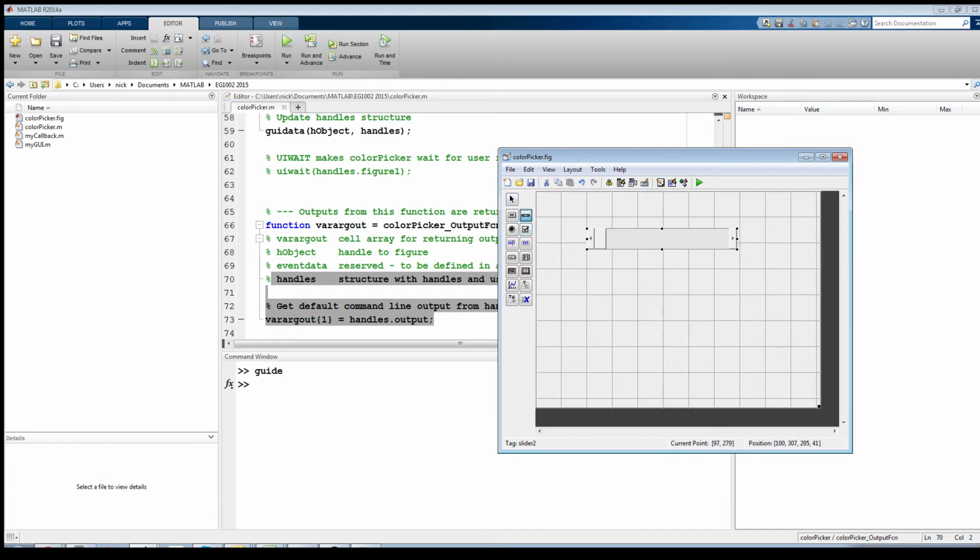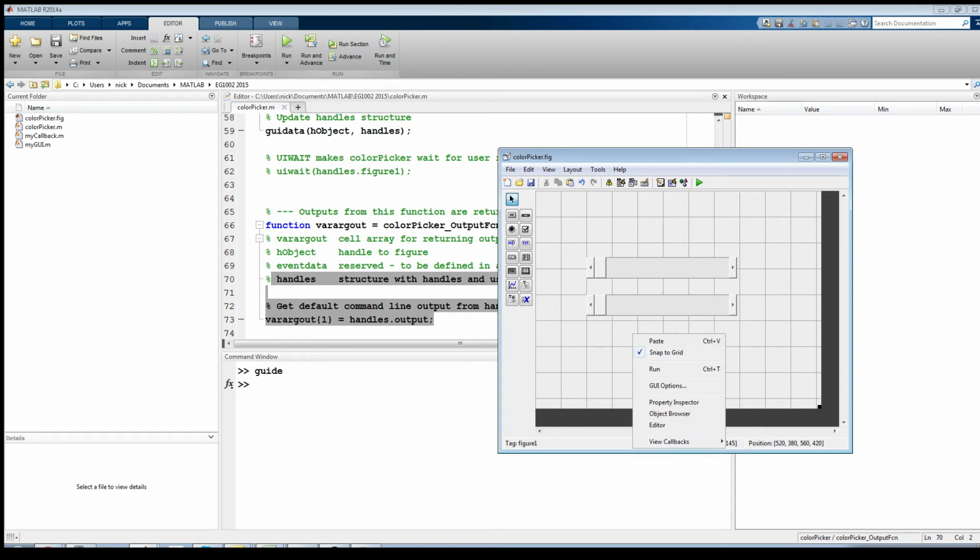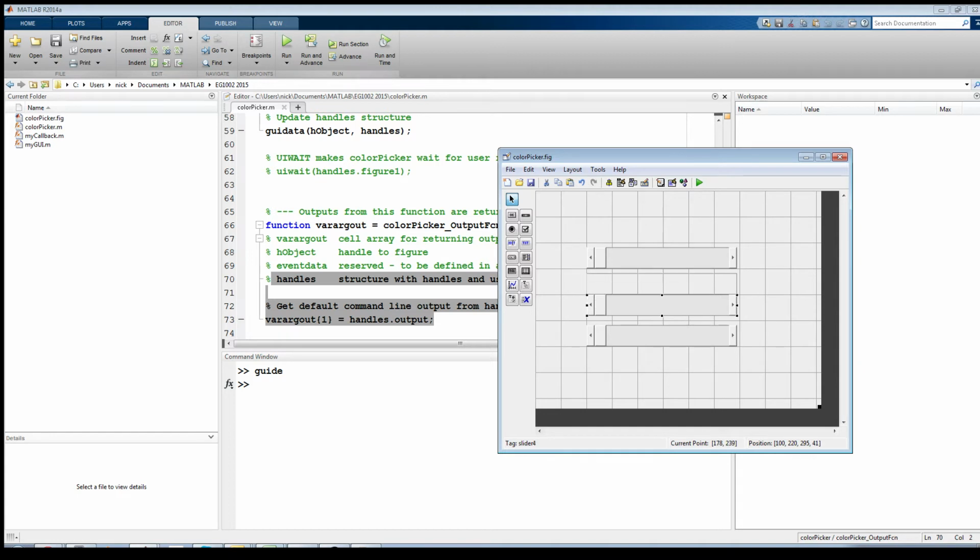We need one for red. We need one for green. Actually, I'm going to delete that, and I'm going to copy and paste so that they're all the same. 1, 2, and 3. So I'm going to have them line up like so. Okay, so we've got some sliders, and we're going to need a edit box that